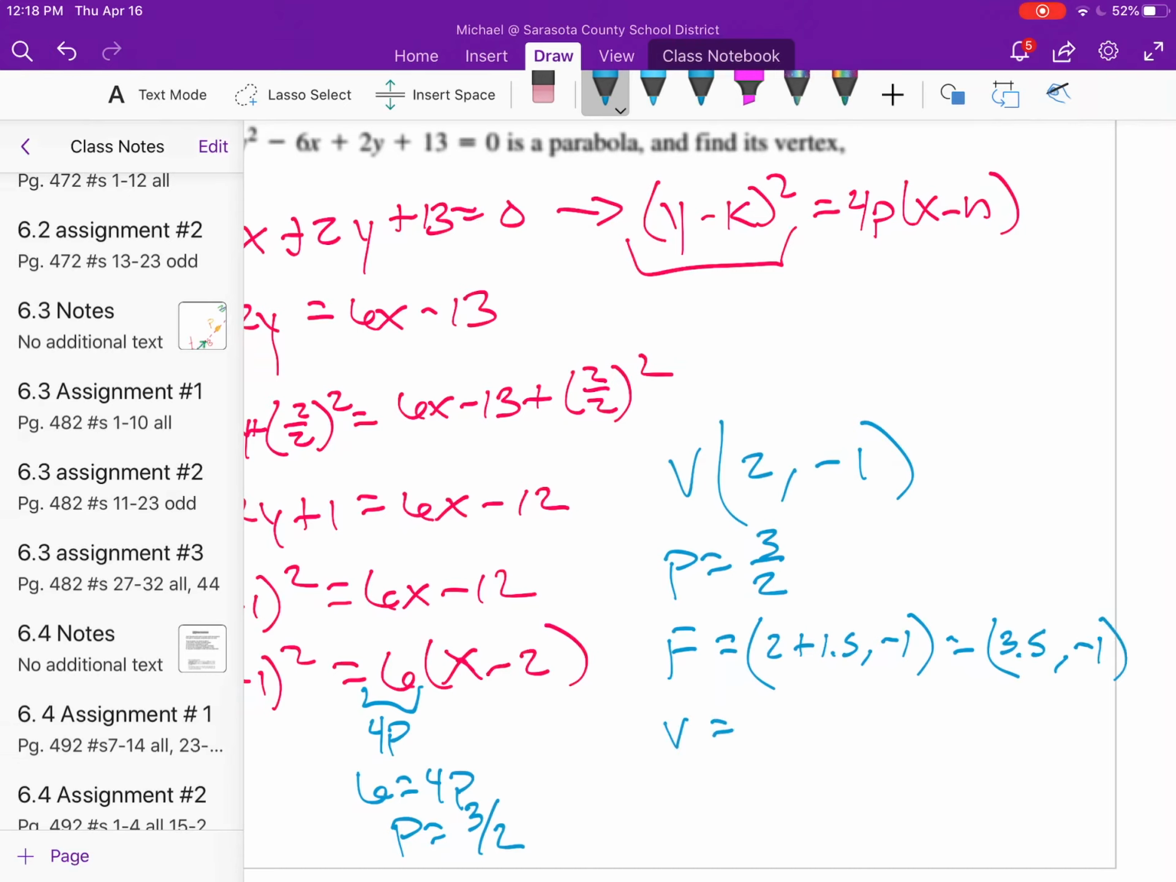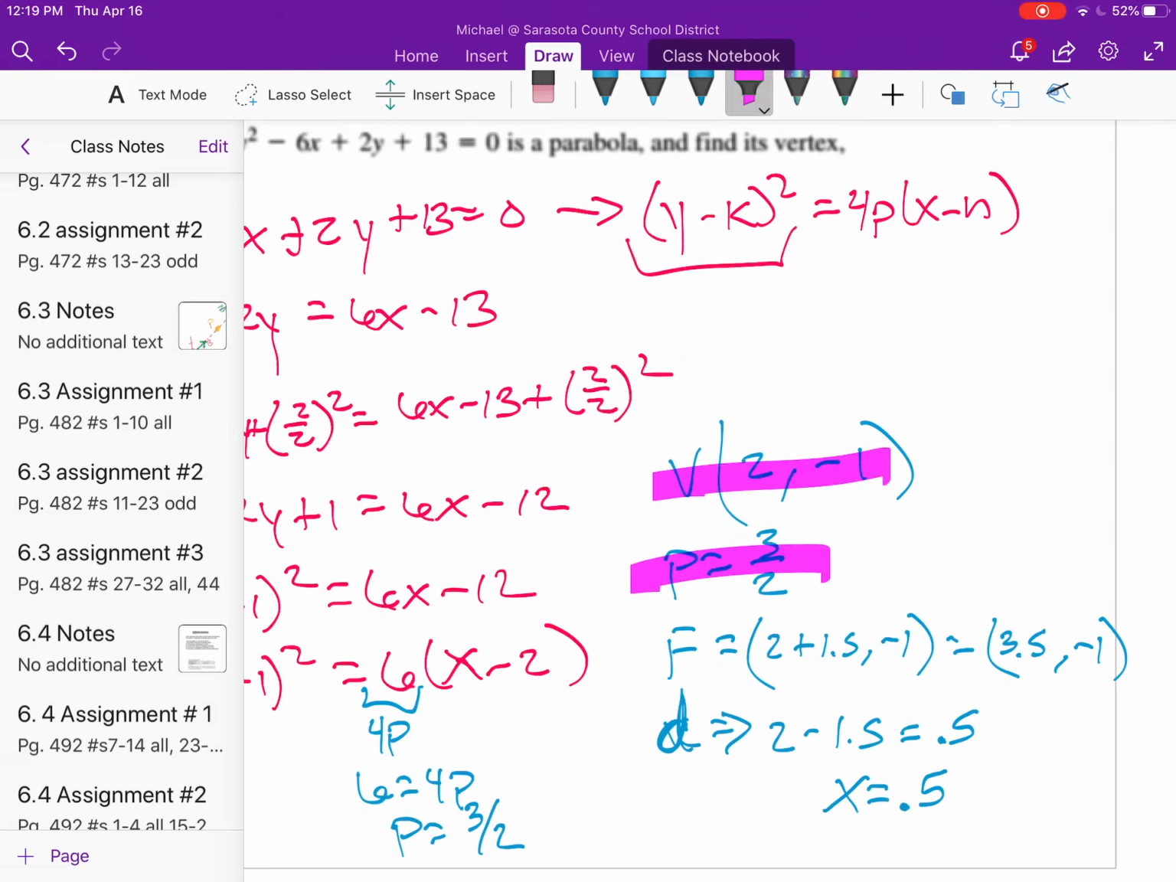And then I'm going to go in the opposite direction to get our directrix. I put a V, I meant a D for the directrix. So for our directrix, it's going to go opposite. So now I'm going to take that h, which is at 2, and I'm going to go left. So I will take 2 minus 1.5 and get 0.5. So that's actually going to be the line x equals 0.5 or x equals 1/2. And so each part here would be our final